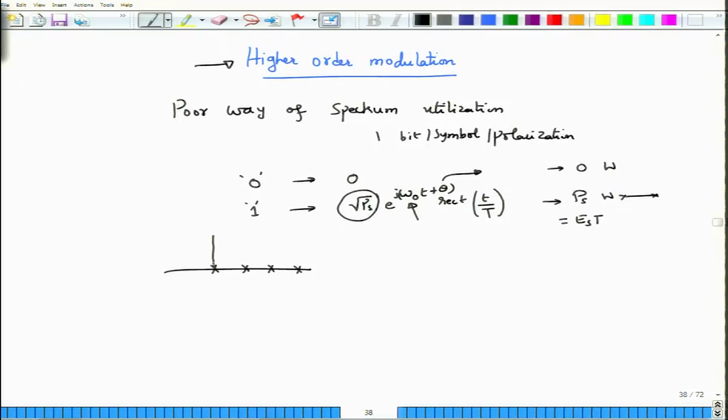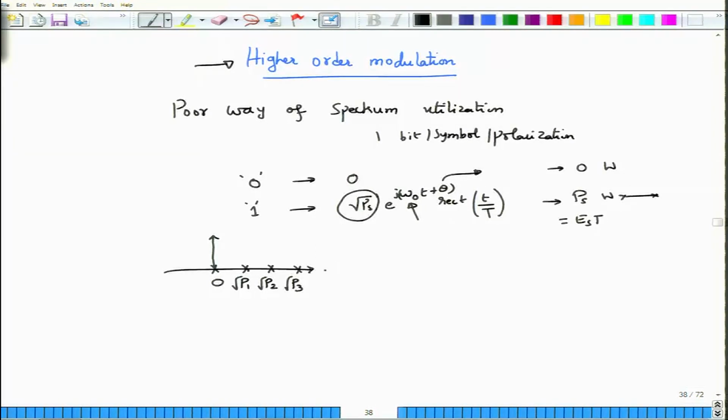So let us say that this amplitude level is 0, then you have an amplitude level of P1, then you have P2 and P3, with P3 being the maximum power that the link can withstand. Therefore, within the minimum power 0 to maximum power P3, we have created two sub levels of other powers, P1 and P2. Now we want to write in terms of amplitude, not power, so I am going to put a square root on everything.